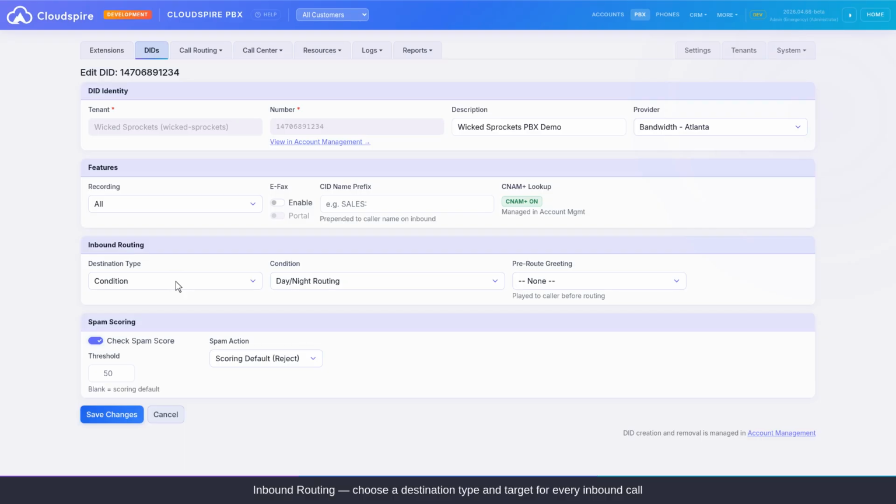a conference bridge, an AI agent for automated voice handling, a directory for dial by name, voicemail for a specific mailbox, an external number to forward off system, a playback to play an announcement and hang up, or hang up to reject the call. When you select a destination type, a second drop-down appears listing all available targets of that type for the tenant. Think of the DID as the front door and the destination as the room it leads